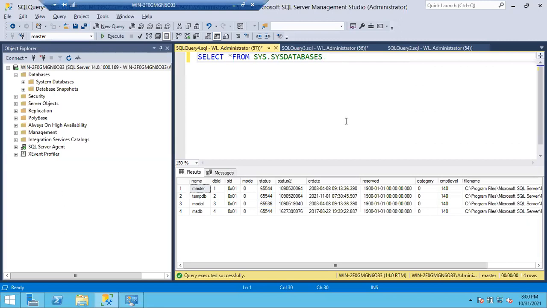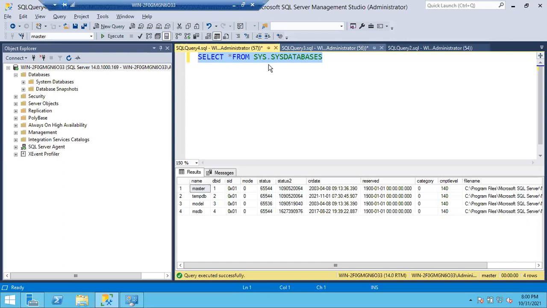So this is how it looks. Star, if you use it, means it is going to pull all columns. However many columns are there in this table, it is going to pull all the columns information. Once it pulls all the columns, automatically you will get all the records, right? People get confused that star means all the records. Yes, of course, indirectly all the records, but directly it pulls all the columns. If you pull all the columns, you are going to pull all the records by default. So this is how we use star. This is the query to check how many databases are there in my SQL server. This is how we check it using a SQL server query.